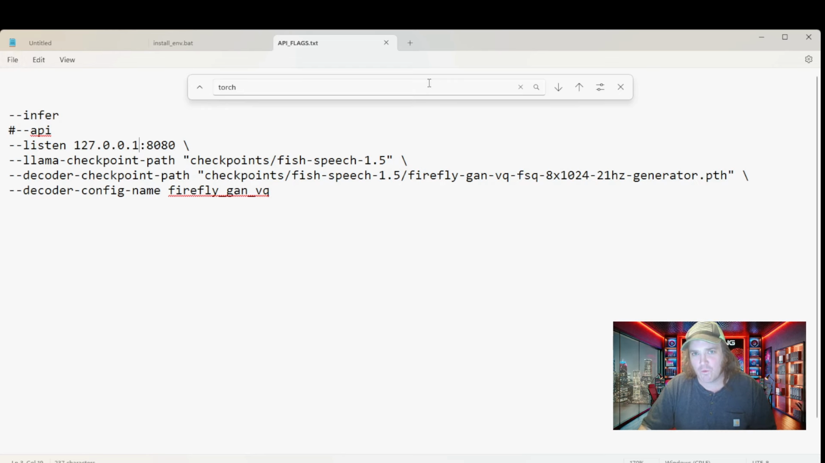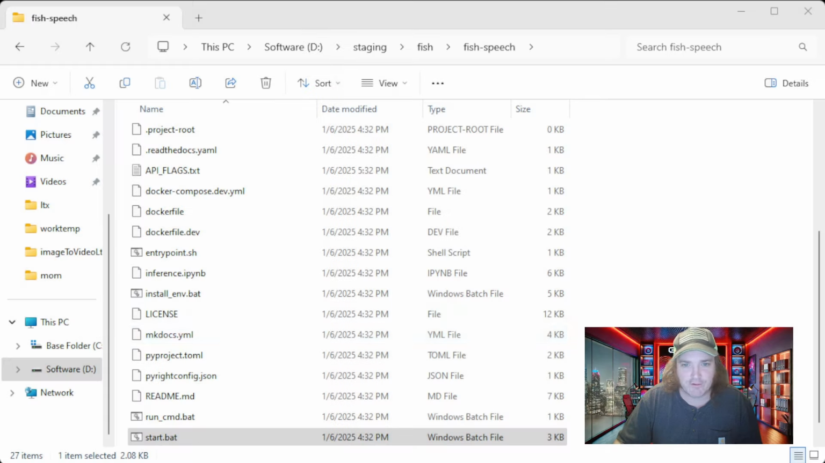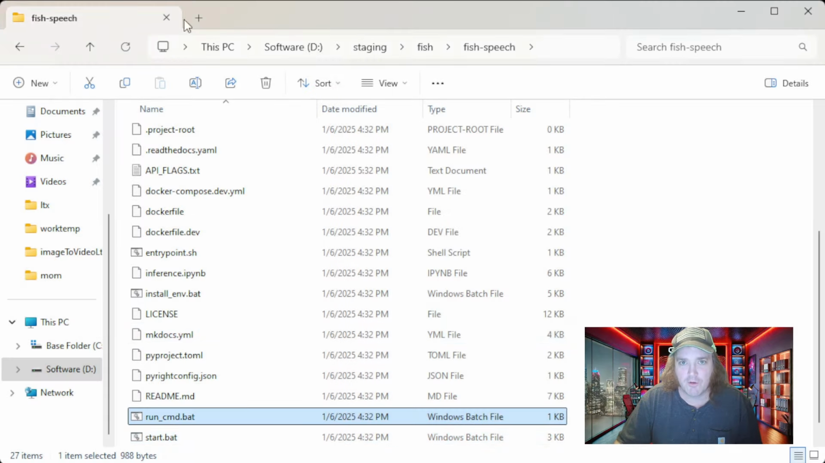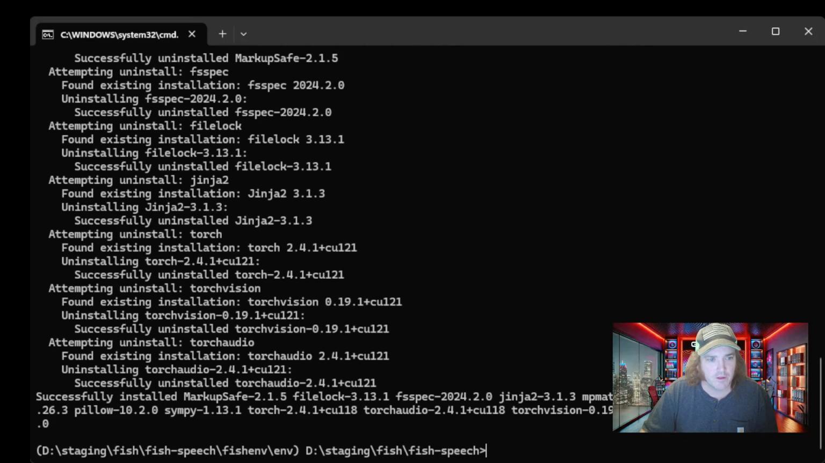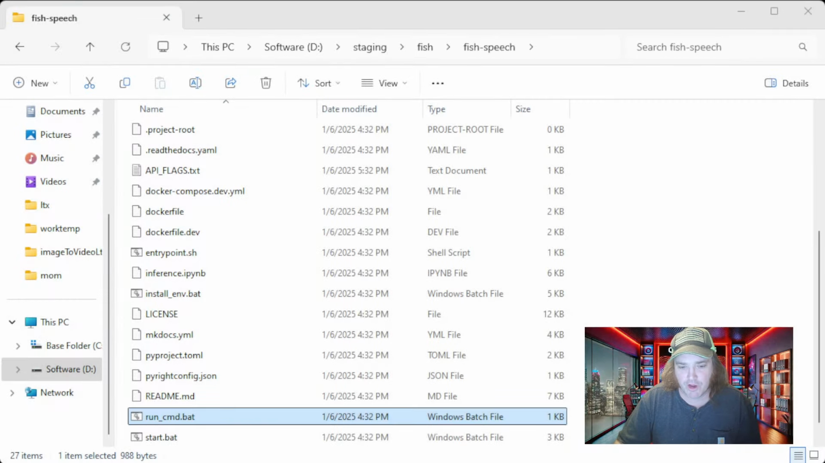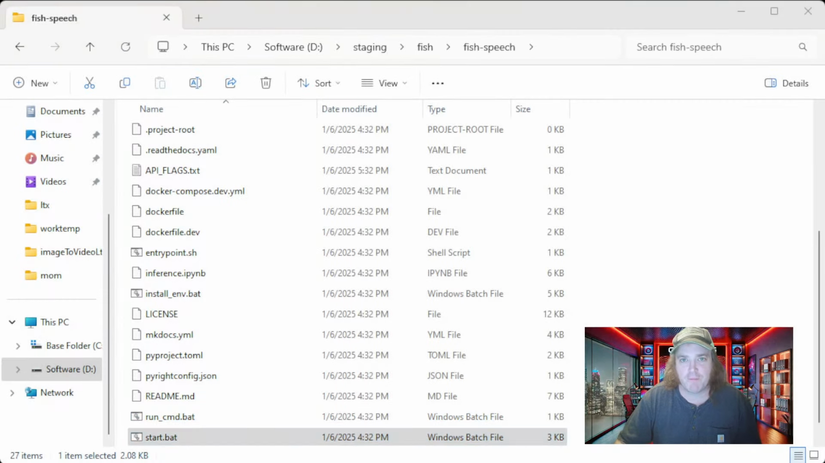So now we've got our API flags set correctly, okay? If I want to get back to that API page, I can just come back in here and uncomment this one and comment this one out. So I'm going to go ahead and close that. Now if we go back to our File Explorer, we've got to remember to go back to Command Prompt and close out the one that was already opened. Now if we go back to our File Explorer and click start.bat,